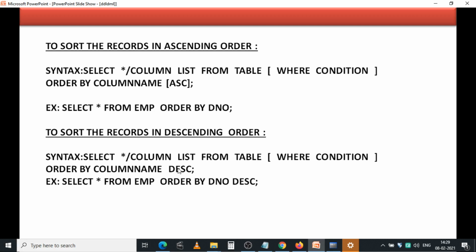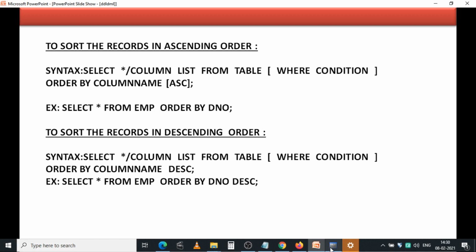Okay, so this DESC keyword displays all those records in descending order. So select star from EMP, order by D number DESC. It shows those records in descending order.